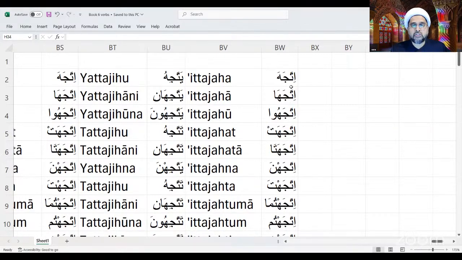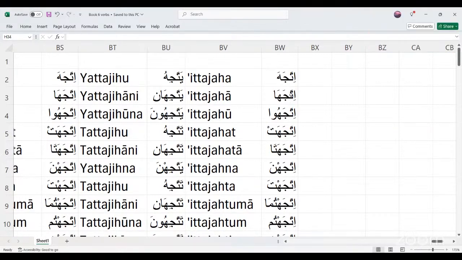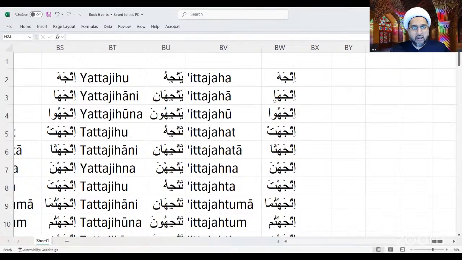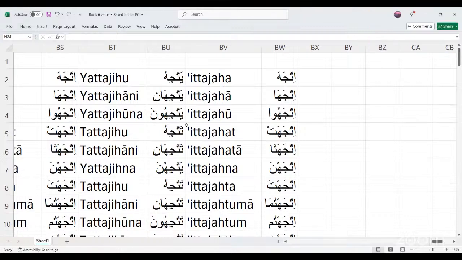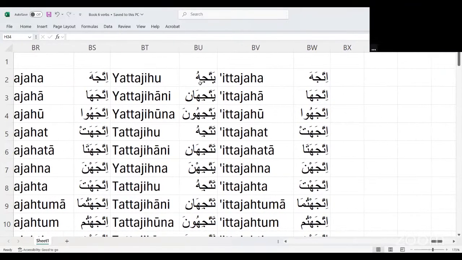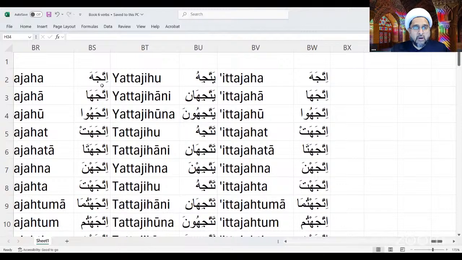Ittajaha. So this is a tongue twister, forget it, I won't do it. Ittajaha, ittajahu, ittajahat, ittajahata, ittajahna. And then the present tense is yattajihu, and then the amr will be